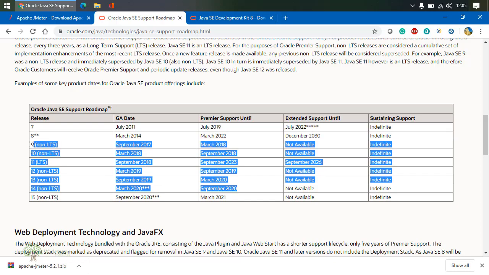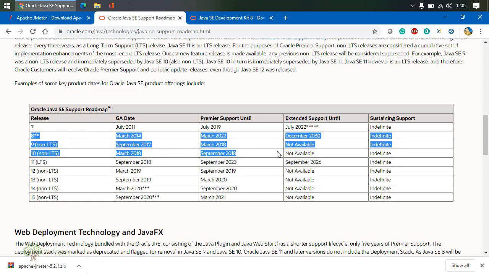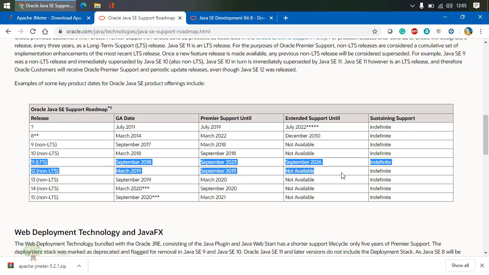You have the right to download these versions as well. That is not a big deal. The problem is you would be facing a lot of issues and there would be no solution to those issues, right? So better you download JDK 8 only. In case you want to try the latest version, you can try out JDK 11.